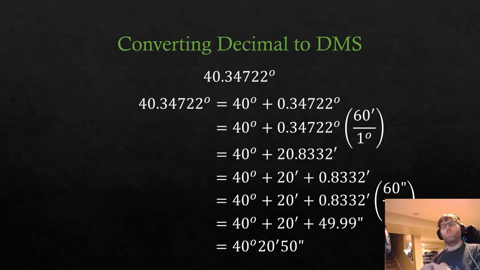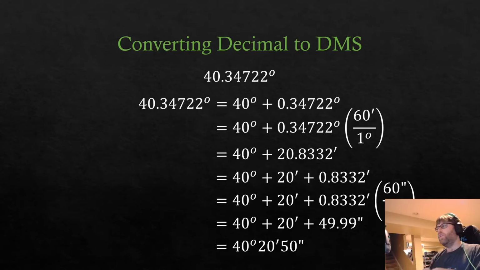Now, if we wanted to do the reverse, it's still straightforward. It just takes several more steps. So for this, the stuff to the left of the decimal point is going to be your degree. So we'll get rid of that. We got 40 degrees. So now we got to deal with that 0.34722 number. We're going to go the opposite way. So 0.34722 times 60, we are given that